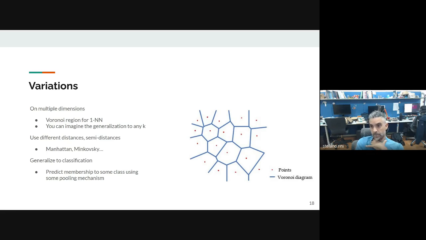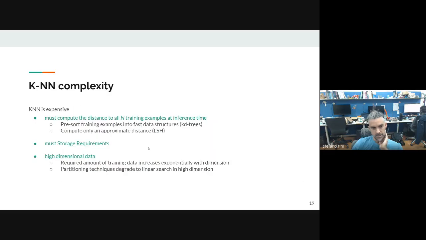In this case, we are predicting a single number, right? We are predicting the sales. Sales is a continuous number between 0 and plus infinity. You can imagine that instead we want to do classification. For example, we want to determine whether something is male or female, whether we are selling kitchen equipment or car equipment, something like that. In that case, it would be a different problem, a classification problem, and there would be some other mechanism to generalize this to classification.